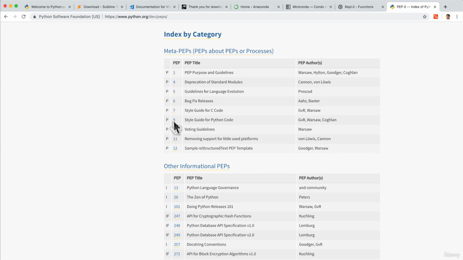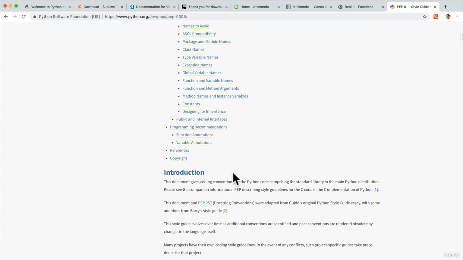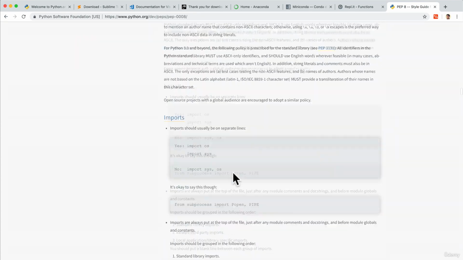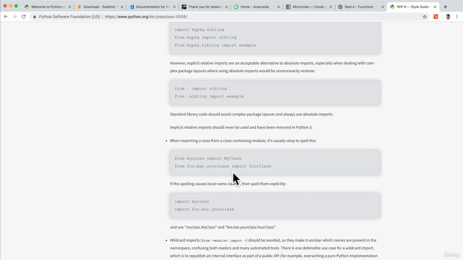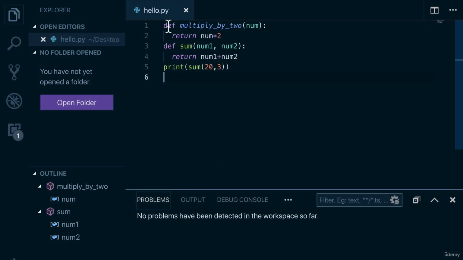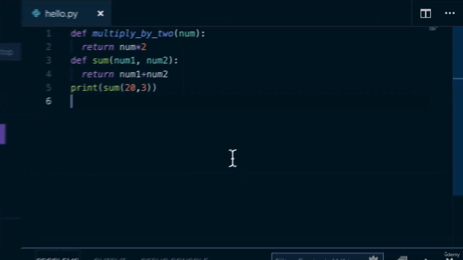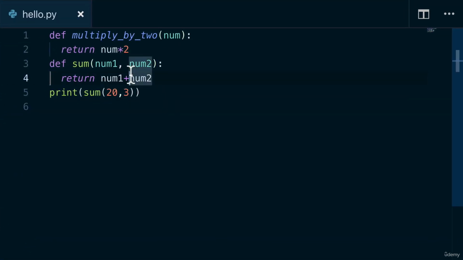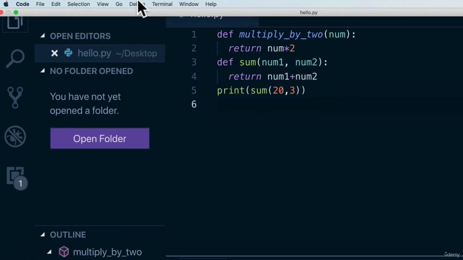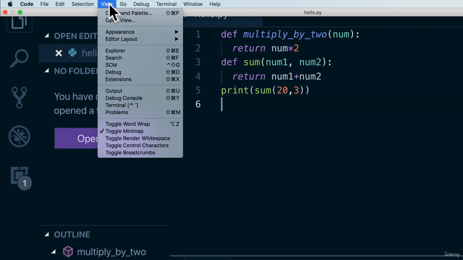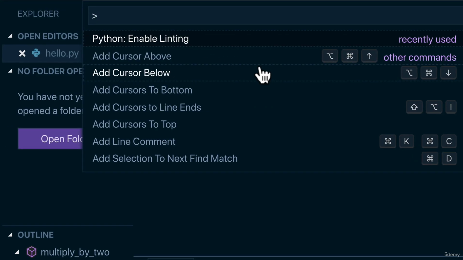But luckily for you, you don't have to click through here and read every single thing. I mean, it is a lot. Code editors and IDEs help us with this. Let's have a look. I have a piece of code here in my hello.py file. I mean, it doesn't look that bad, but how do we know if we're formatting the code according to PEP 8? Well, very easily. We can run our command palette, or we can use a shortcut here, Command-Shift-P, or Control-Shift-P if you're on Windows. And then if we type in Format,